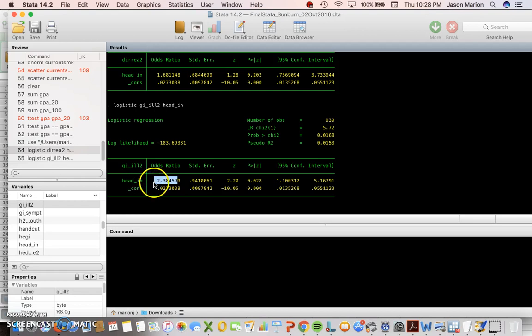So if they put their head in, greater odds. So this is our estimate. It's based on 939 people. We generalize this to the whole population. So for all the swimmers at the beach during the time of our study, or at this particular beach, we presume that the true odds of gastrointestinal illness among those who put their head in the water at that beach is actually between 1.1 and 5.16. So this is where the true odds happens to lie, between 1.1 and 5.16.